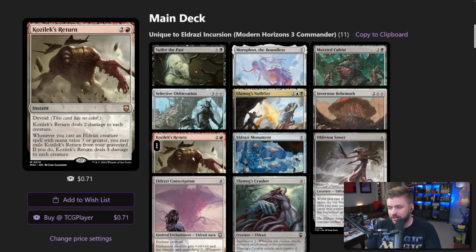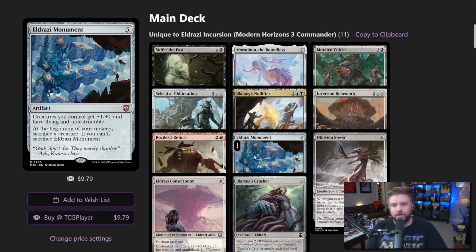Otherwise, it's just going to deal 2 to each creature, which is just not enough. Eldrazi Monument's super flavorful, but sacking a creature at the beginning of your upkeep to keep it on the battlefield, just to give all your creatures +1/+1 flying indestructible, not really worth it for this deck. I like this in a go wide deck, and this one we're really trying to go tall. We want like 3 or 4 enormous threats on the battlefield, and then to kind of sit back and let our opponents answer those while they wreak just absolute havoc and destruction, and then we rebuild once all that stuff